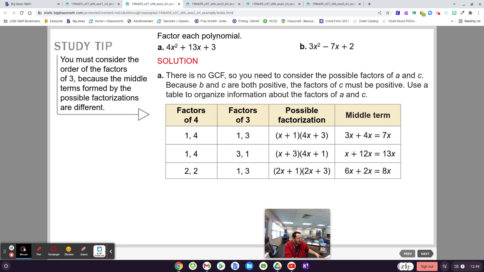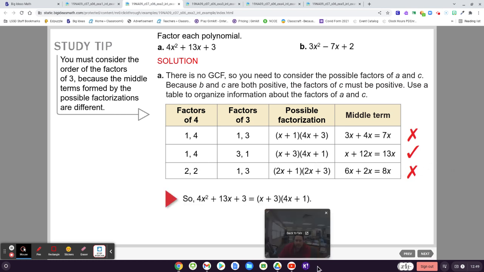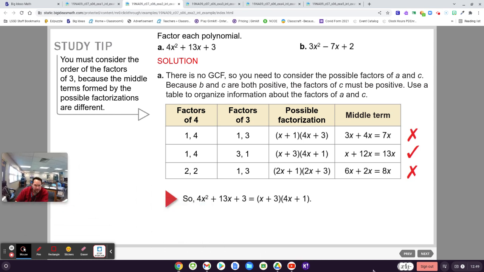So this is a good way of doing the area model, but in an organized way. And it allows you to show all the possibilities. So if you don't like this area model, this is another way to do it using a table. So I would suggest jotting down one of those methods. Okay, and then you find out, oh yeah, this is the one that works right here. Okay, so there we go. That is factored now. A great thing to add to your notes using the table form,